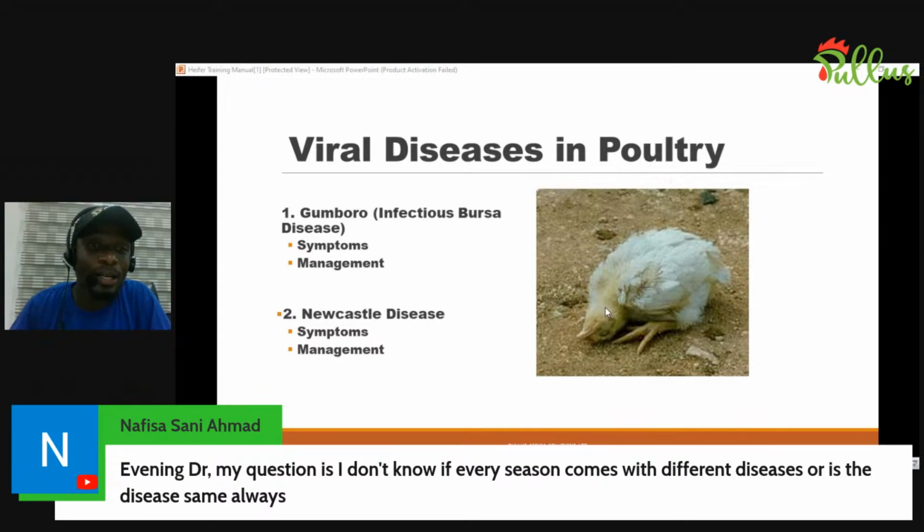But there are certain diseases that are common at a certain point in time, especially during rainy season. I mentioned that it's a predisposing factor for coccidiosis, because most times farmers don't remember to drop their trampoline. Also, farmers will not know that their roofs are leaking until rain falls, and that makes their litter wet and makes it easy for the causative organism for coccidiosis to thrive, and then you see that birds start coming down with this problem during the rainy season.